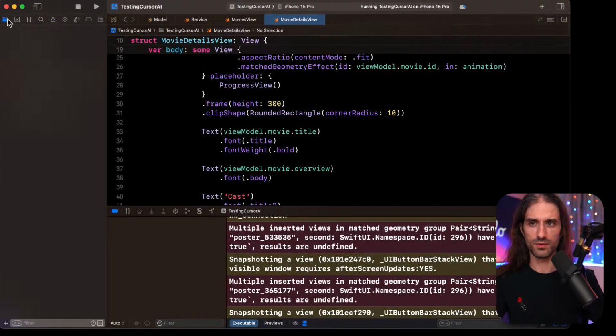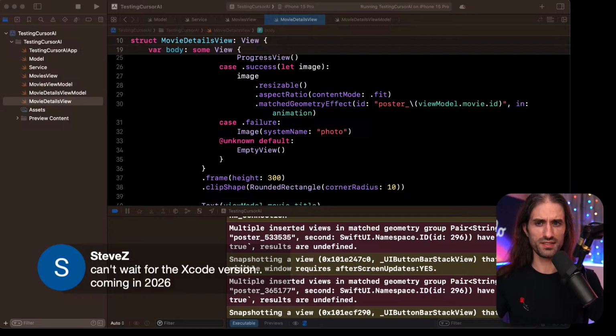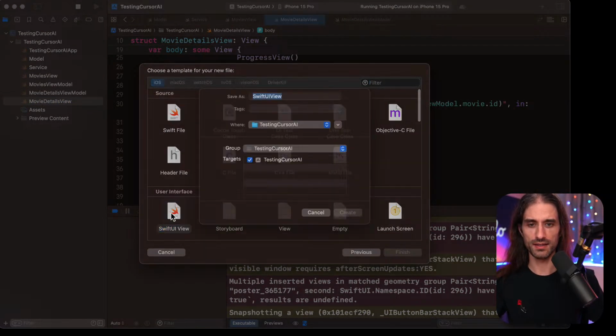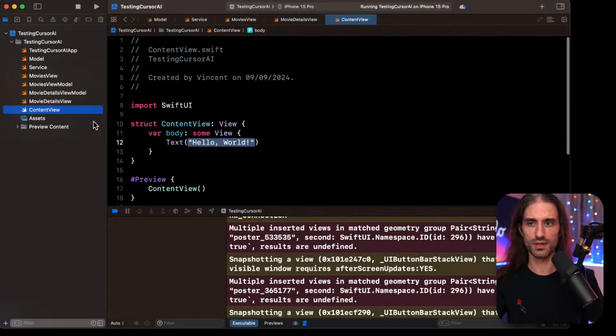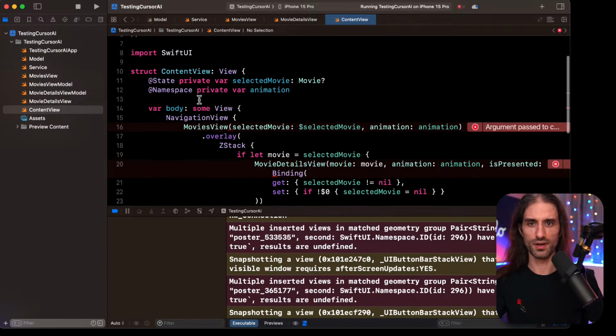And now I need to go in Xcode. Normally, from what they said, Swift Assist is supposed to help with that kind of use case. It's not released yet. It's supposed to be coming later this year. We'll see between the promise and what it actually delivers. But normally it's supposed to do that. So I'm going to create the ContentView that they suggested. It's supposed to have that.